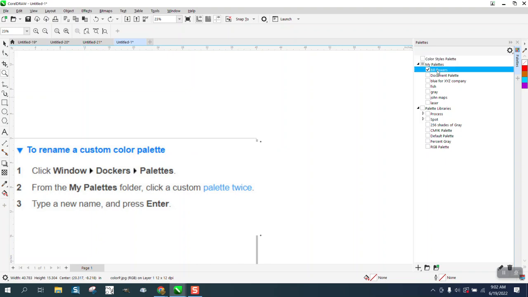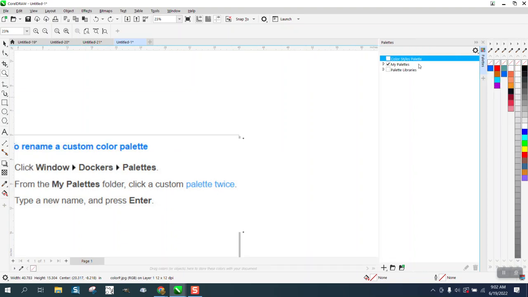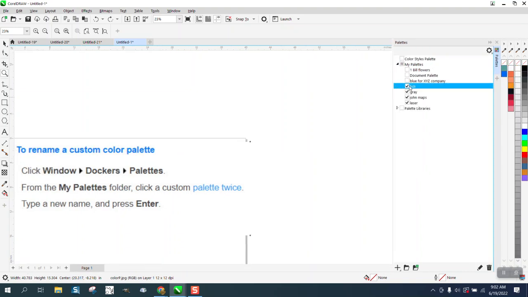I am going to double click. Sometimes it doesn't work. Well, I had it. There we go. Then all you have to do is just cursor over it and put a 1. And I'm actually going to put a space and then hit enter. So now in our palettes, we've got them all open. But if you look, we have Bill's